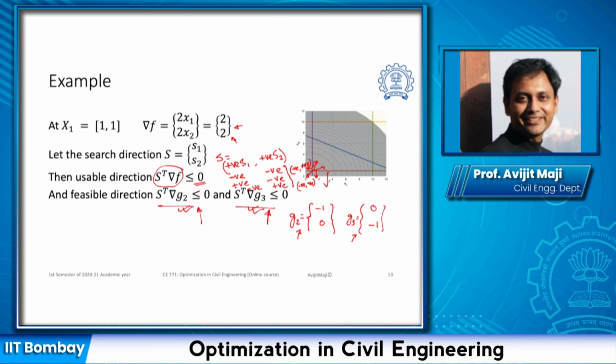This direction represents the first is positive, the next one is negative. In this case, G2 will be satisfied, G3 is not going to be satisfied, even though all the three directions are usable with respect to the objective function, as this component is going to be less than 0 or this component is going to be negative. So this is about the direction. This direction is going to be useful in further analysis.